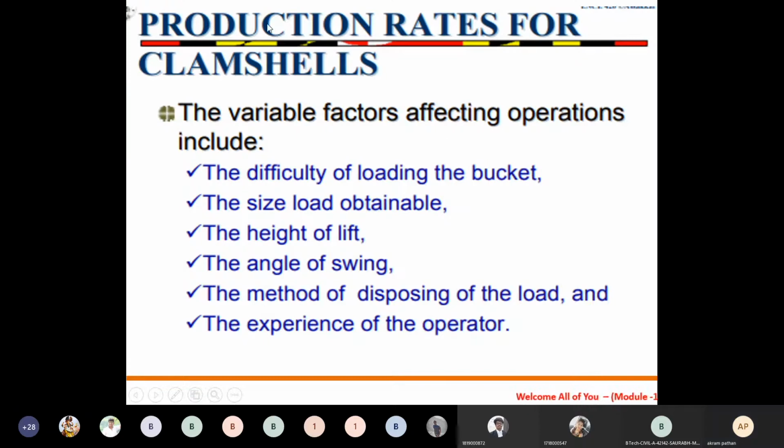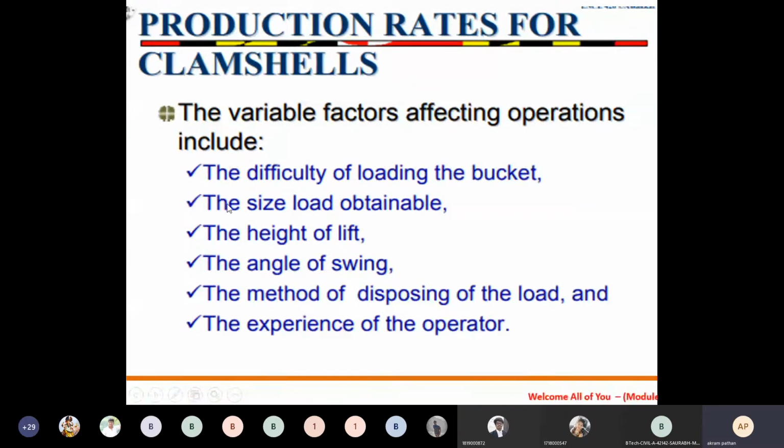Then these are the factors which affect the production rate for the clamshell. What is production rate? The capacity of lifting of the material in meter cube per hour or meter cube per day. How much material it can lift in 1 hour, that is meter cube per hour, or meter cube per day. So these are the various factors which affect the production rate.